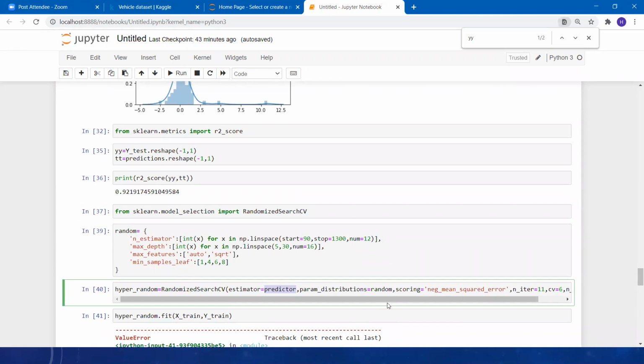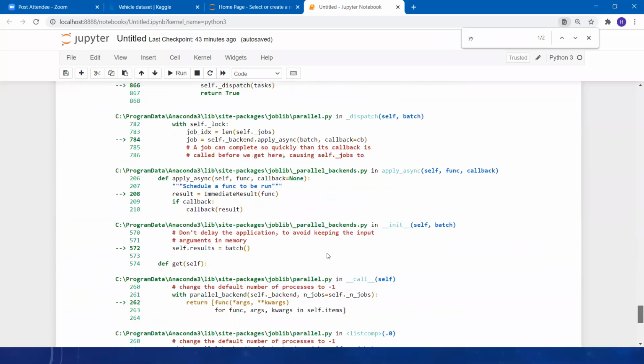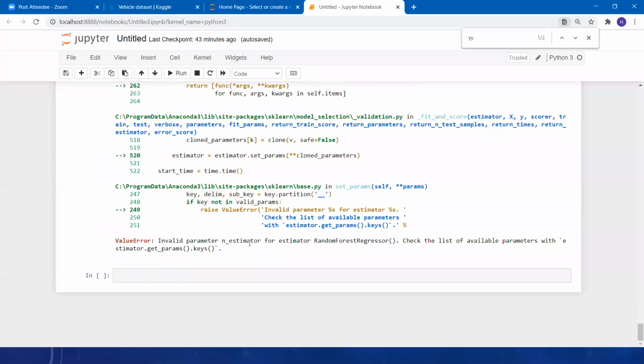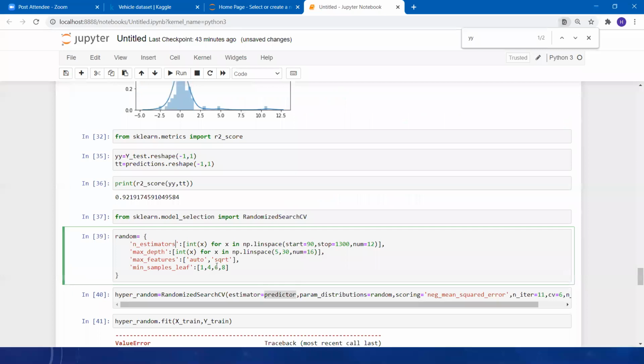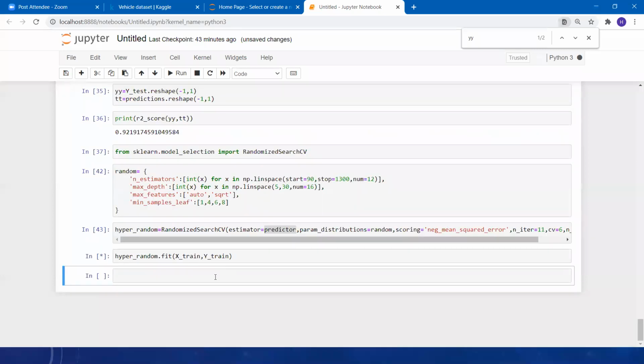Parameter distributions are also right. Don't know what the issue is now. Okay, I think it should be estimators. Okay, now it's working.